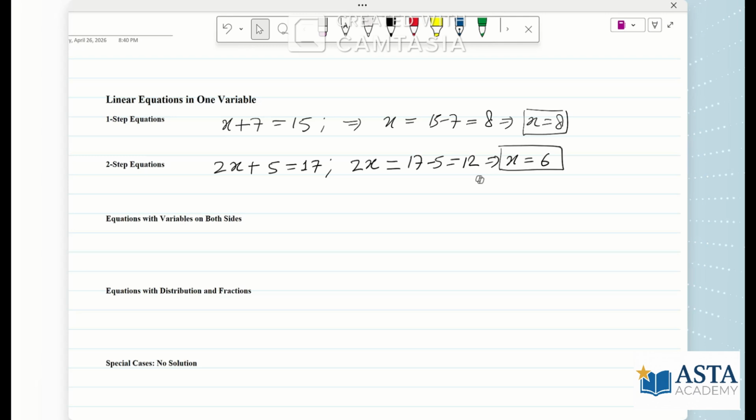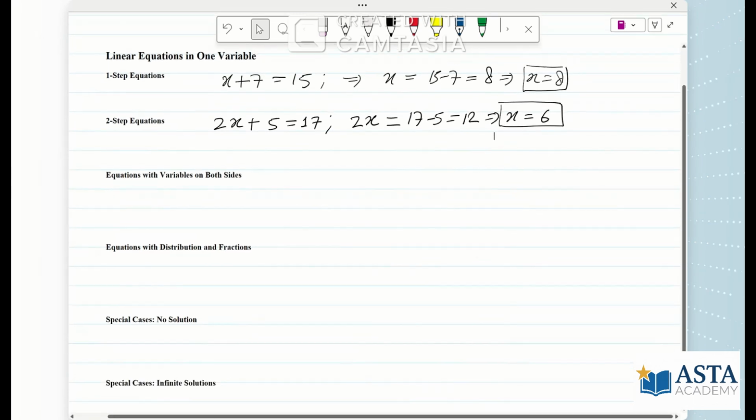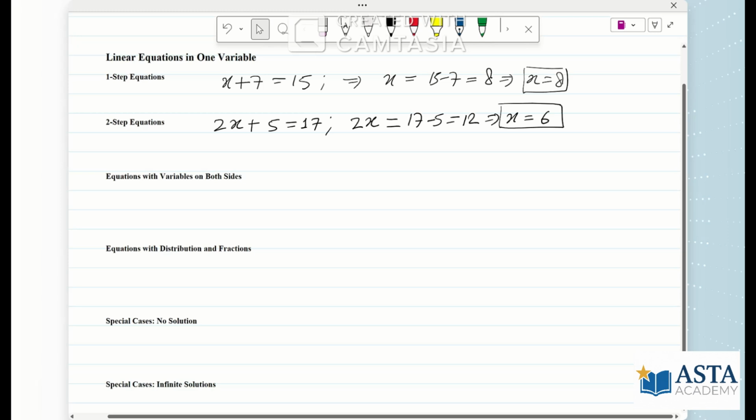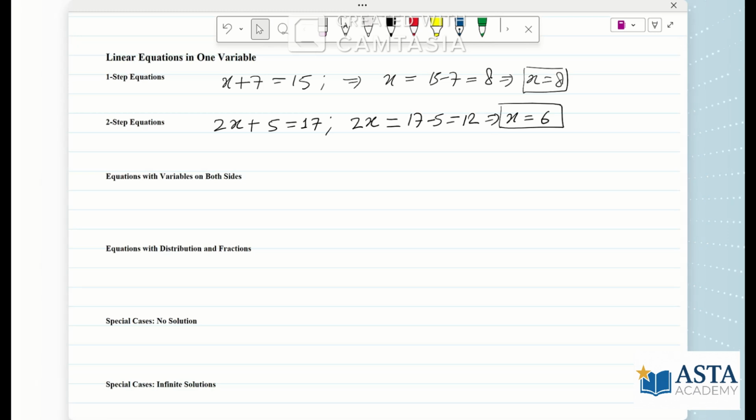Okay. Then you can have an equation which may involve variables on both sides, left hand side as well as the right hand side. Consider this: 7x minus 2 is equal to 3x plus 10. How will you solve this? Well, it requires multiple mathematical operations. Now the trick here is that you should take the variable which is smaller towards the side where you have the variable which is larger. So here you have 3x